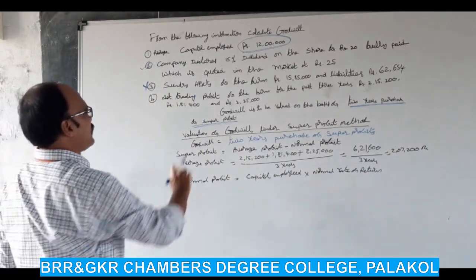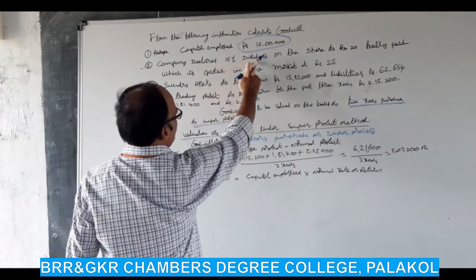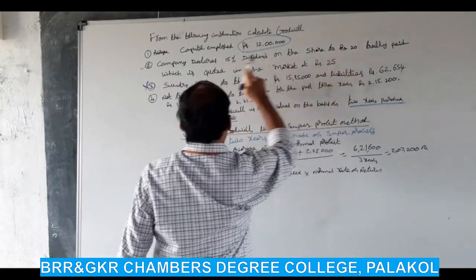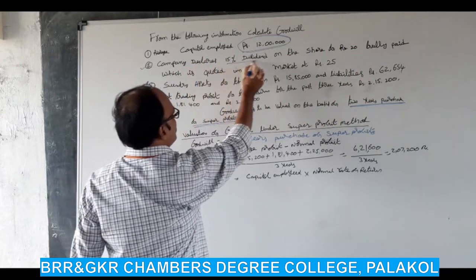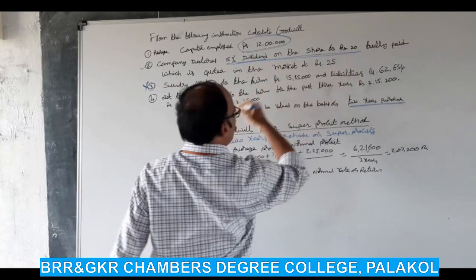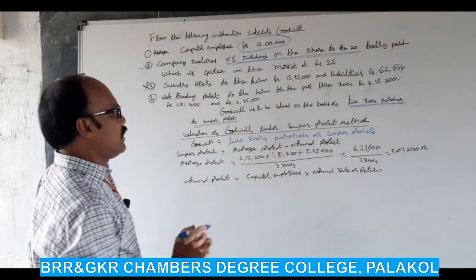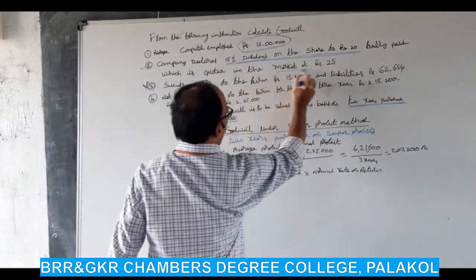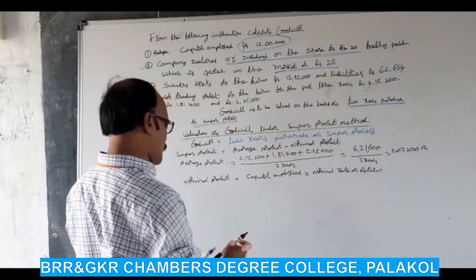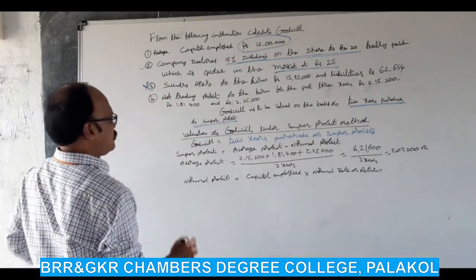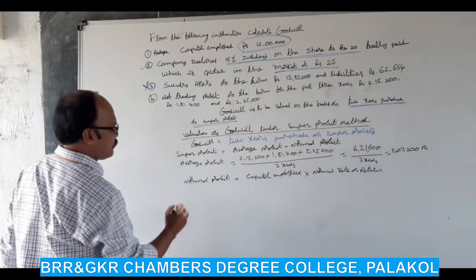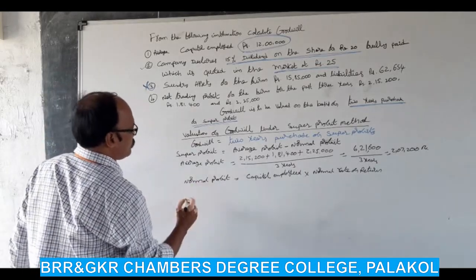What is that? Company declares 15% dividend on the share of rupees 20, fully paid, which is quoted at market price of 25. So now I want to calculate normal rate of return. Before that,